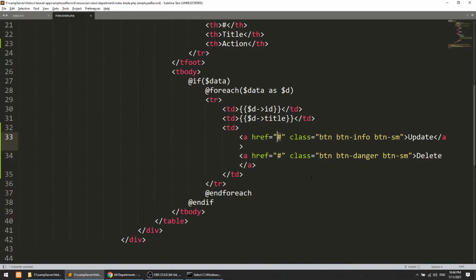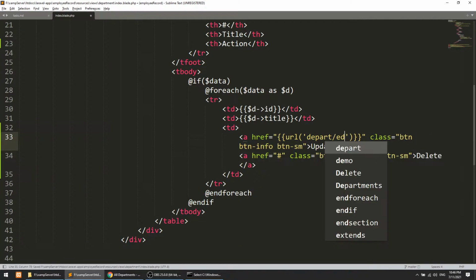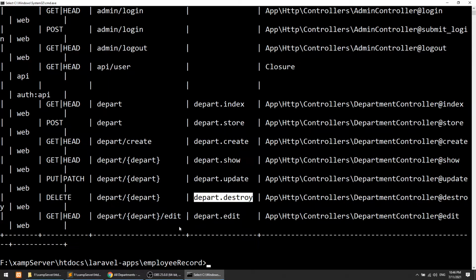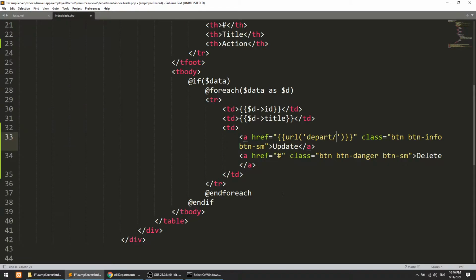Now here we will define the URL, and in this we will define depart slash id, and then we will define the edit. So here we have $d, and we need to define the id.